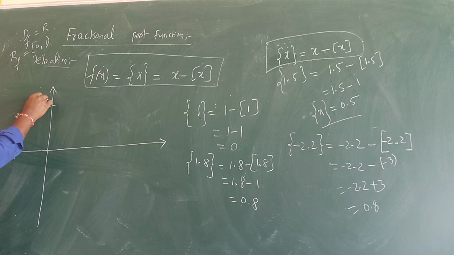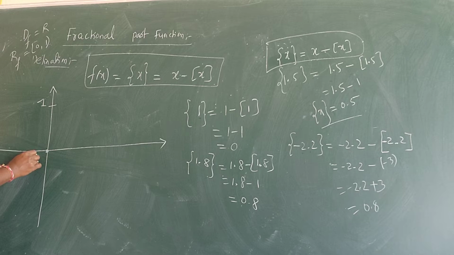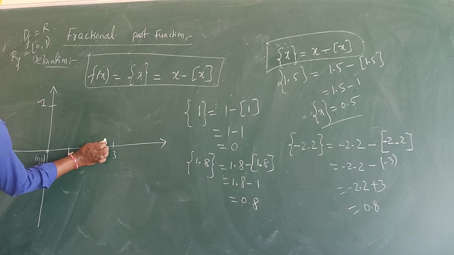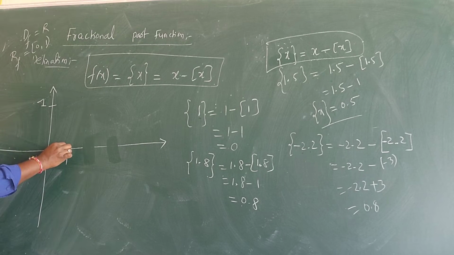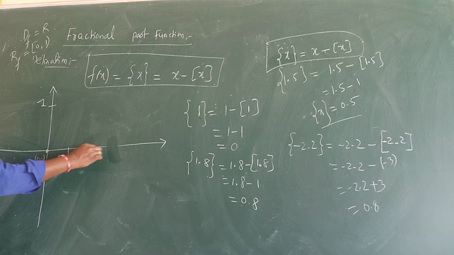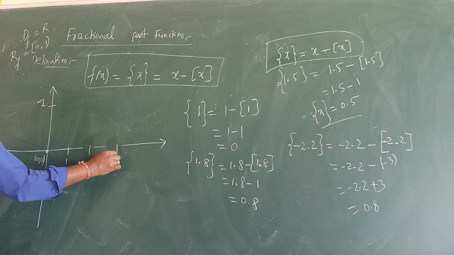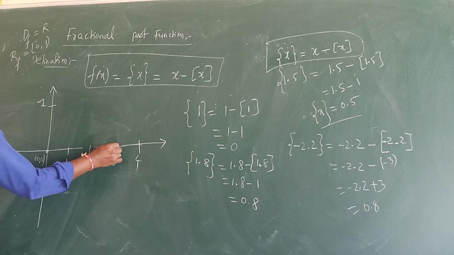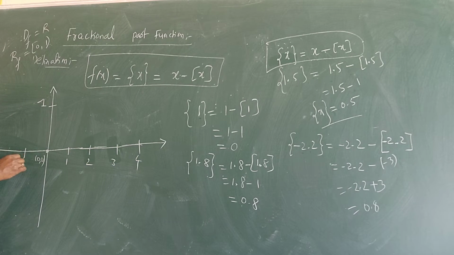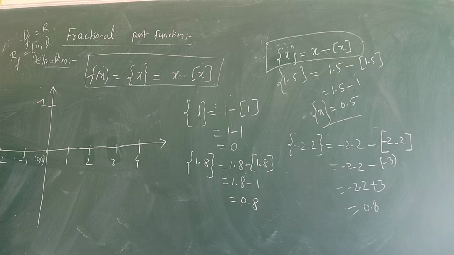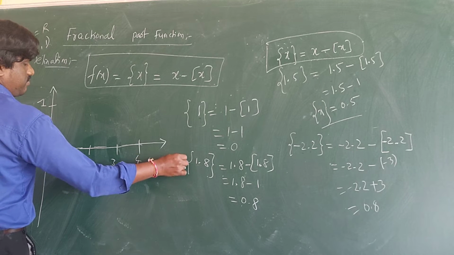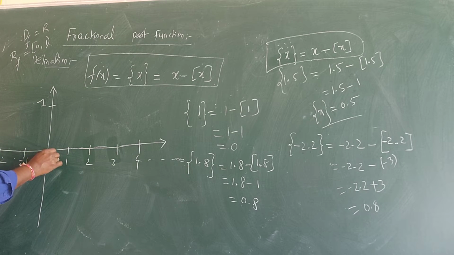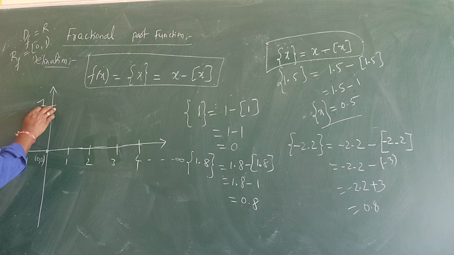So if my 1 is here and this is the 0, 0 first point, here 1, 2, 3, I take the same gap, approximately. 1, 2, 3, 4, likewise. Here -1, -2, -3, likewise. Going to minus infinity here, plus infinity here. I said just now, this gap is more, right?